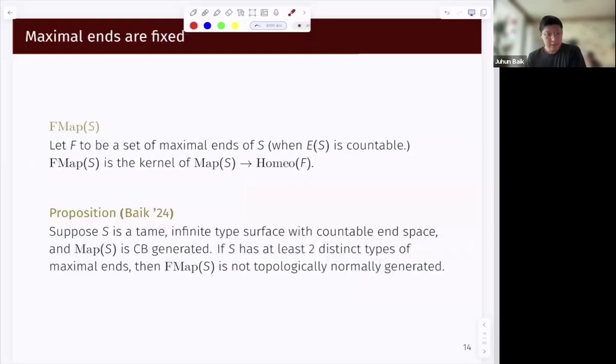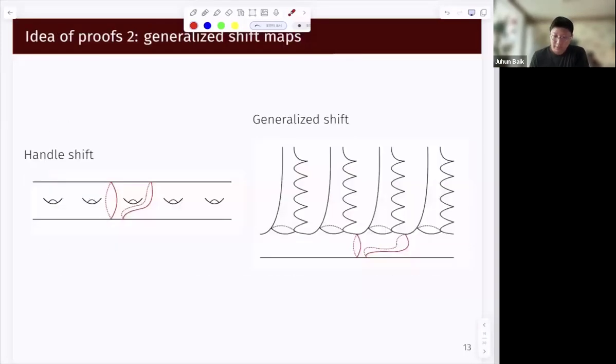Okay. So if you have a generalized shift, then the one thing I want to point out is you can count how many you shift. So here, if I send this one to here, then you have one. So here, if I send one handle to the right, then you shift by one. So this will give a surjective homomorphism to Z. And